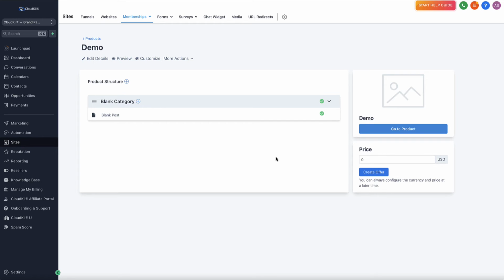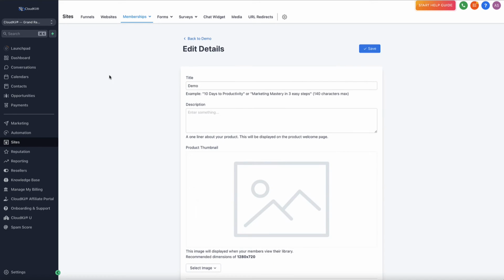There's a couple of things to be aware of inside of here. Up at the top right, you're going to notice the edit details, your preview, some customizations, and some more actions. This is your primary menu for what you're going to be doing with this particular product. So first things first, when I edit the details, just simply click on this, and it's going to give